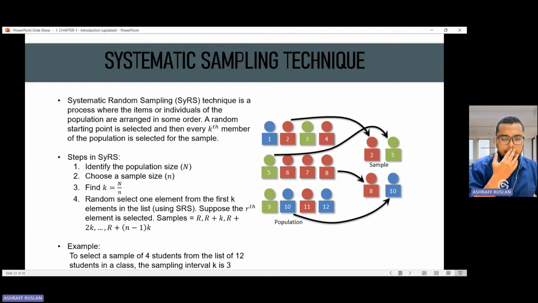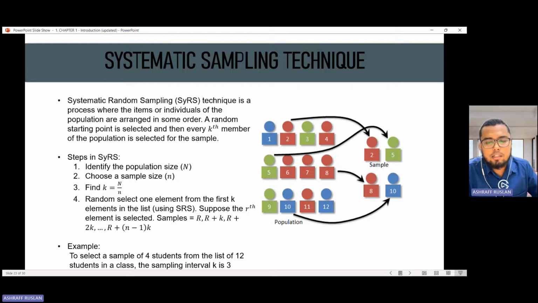So kalau nak ambil 4 orang, capital N is the population. So in our case 12 orang student dalam kelas, so that is capital N. Dekat situ pula kita tahu kita perlukan 4 orang, so 4 orang ni adalah sampel, iaitu small n.